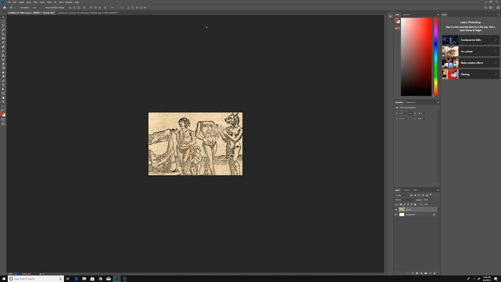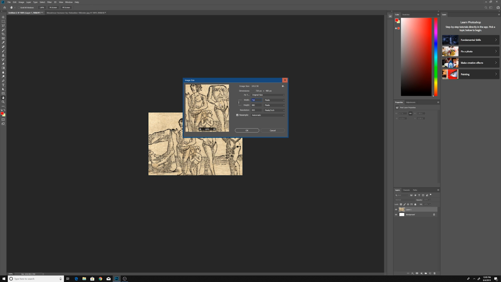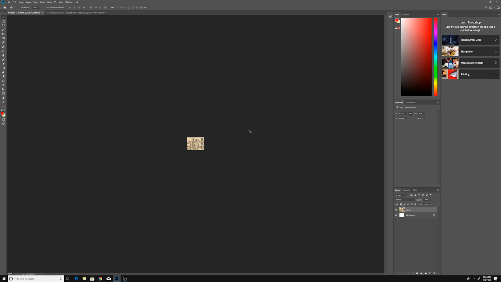And that's it. So now we need to create a corresponding thumbnail file. We'll go up to Image menu, Image Size. I'm going to take this lock off so that we can enter the precise dimensions for the thumbnails, which need to be 128 by 96. So I'll hit OK. Go up to the File menu, and then I'll save this as